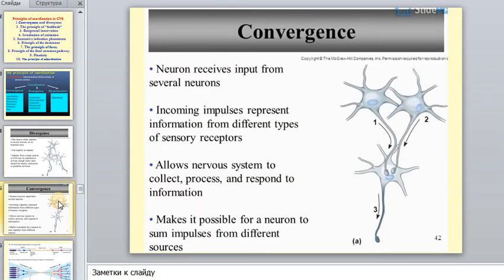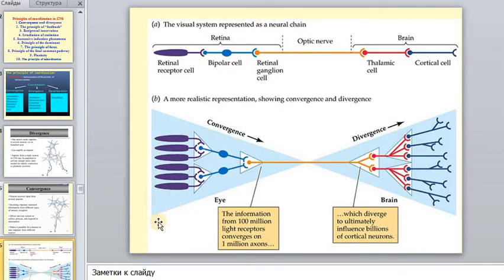And the new word, convergence: a neuron receives input from several neurons. In common, impulses represent information from different types of sensory receptors. For example, this allows the nervous system to collect, process, and respond to information, and makes it possible for a neuron to receive impulses from different sources and give the answer. For example, the